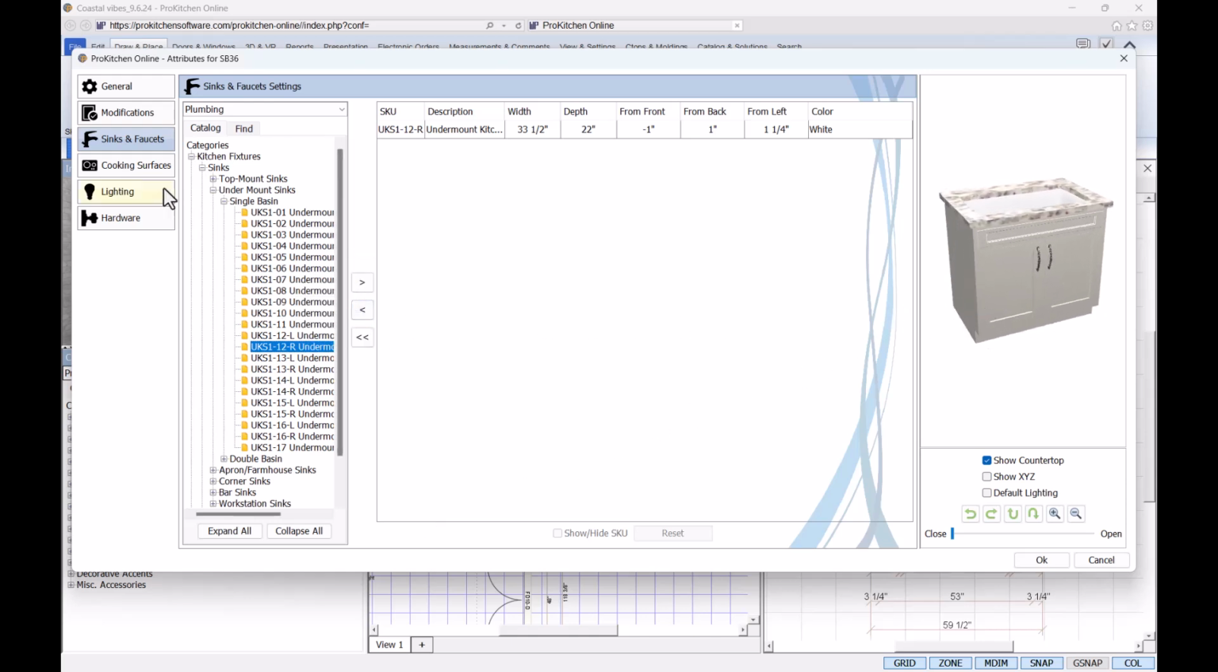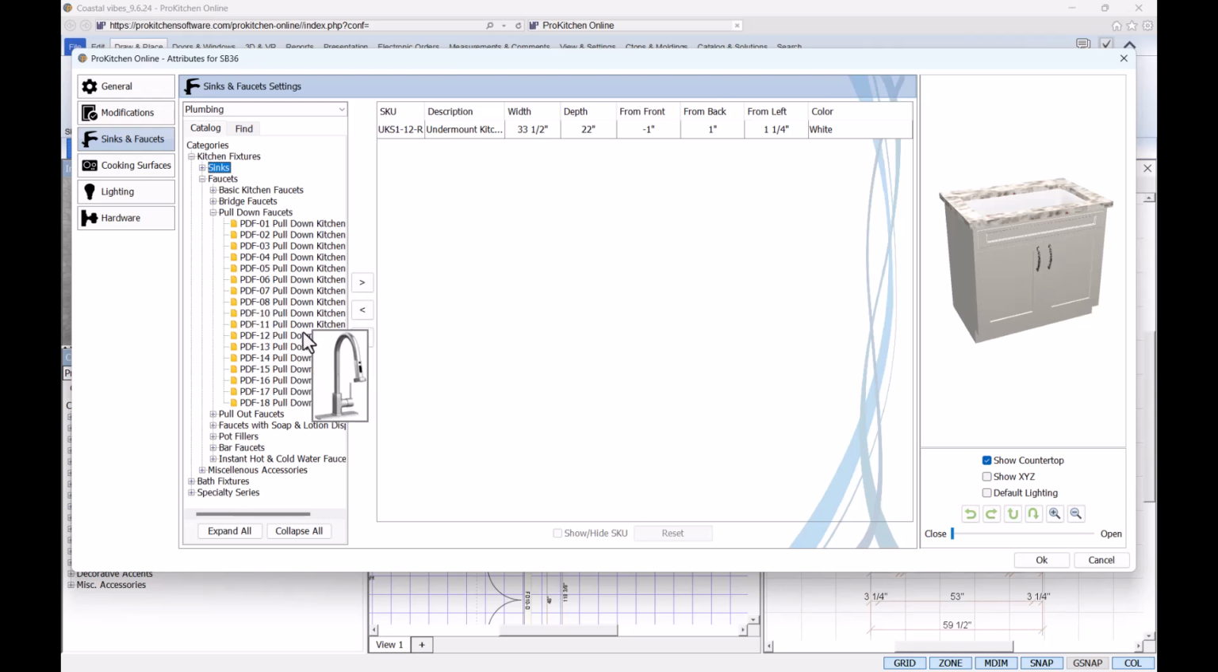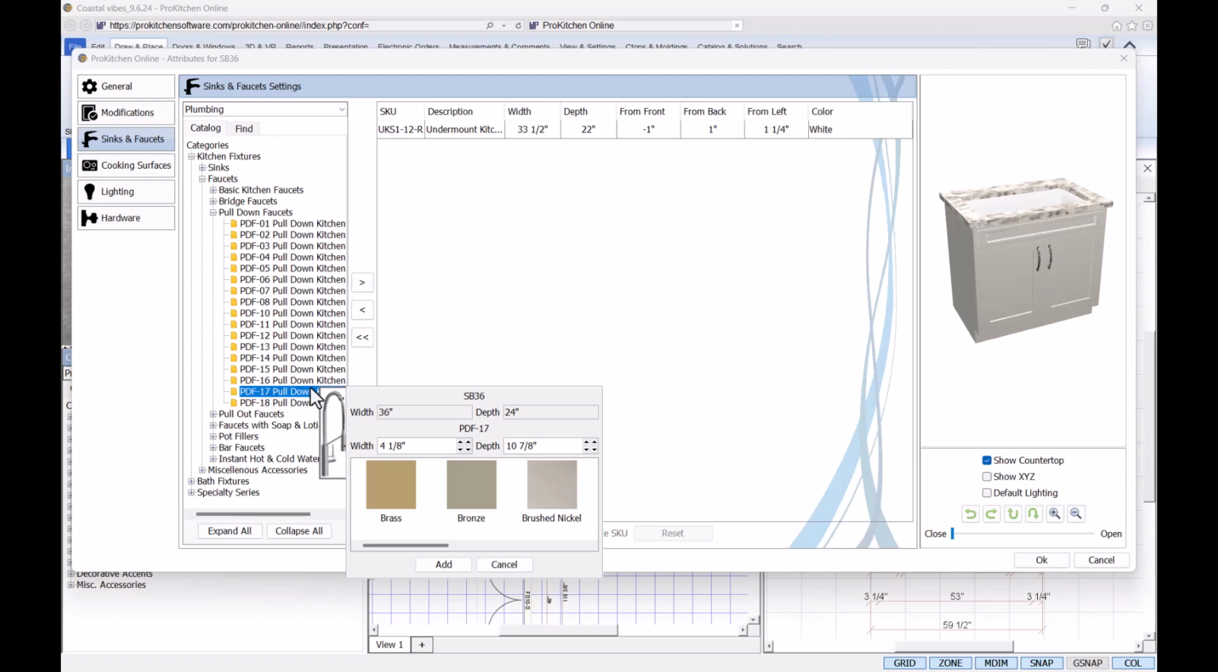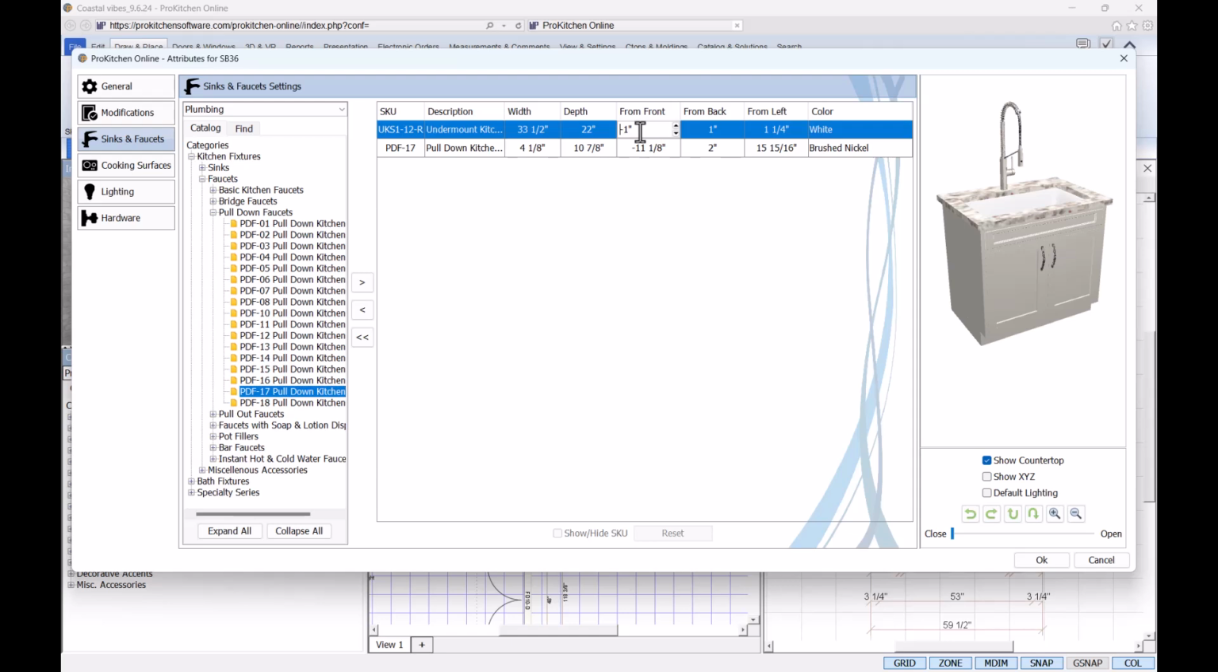The same process will apply for adding the faucet. Navigate the catalog tree, select the desired product, adjust the product dimensions if necessary, select the finish if applicable, and click the Add button to add the faucet into its appropriate placement. Similar to the lighting option, you may also adjust the placement from the left, back, or front of the cabinet,